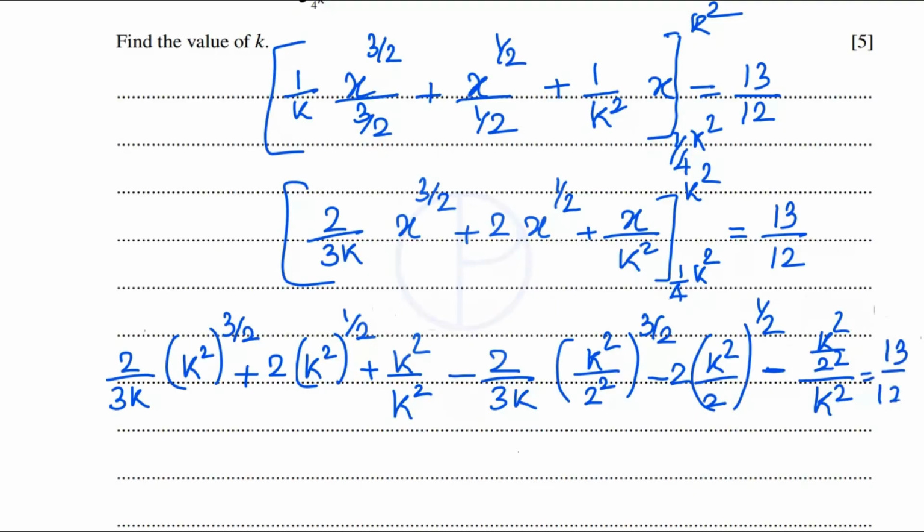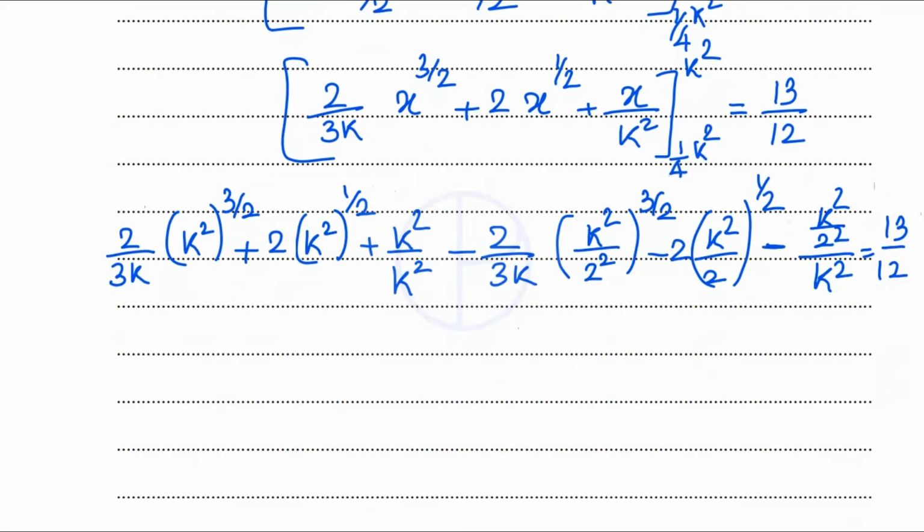divided by 12. So let's first simplify the first expression. This square and this square get cancelled. We get k cube divided by k, which is nothing but 2k square divided by 3, plus this 2 and this 2 gets cancelled, so we get 2k, plus k square divided by k square gets cancelled, so plus 1, minus 2 over 3k